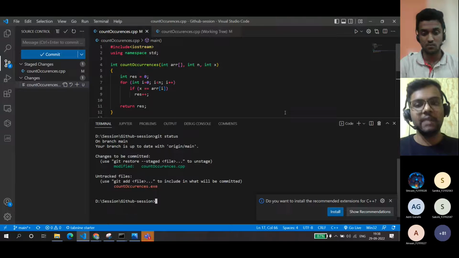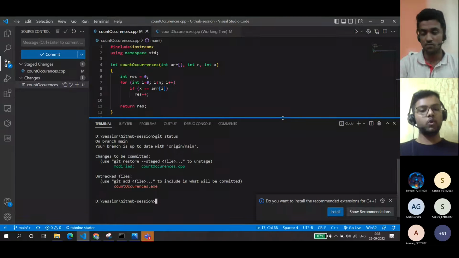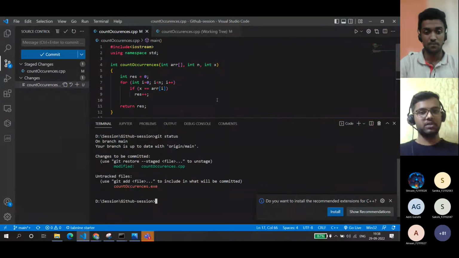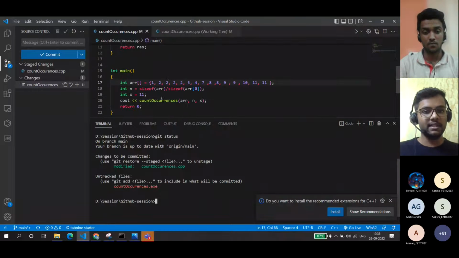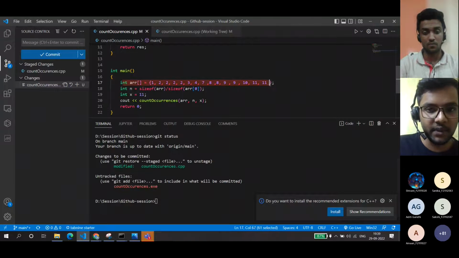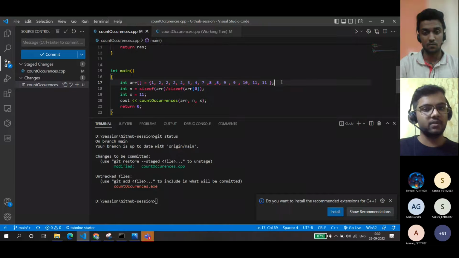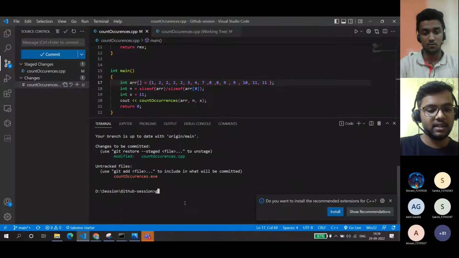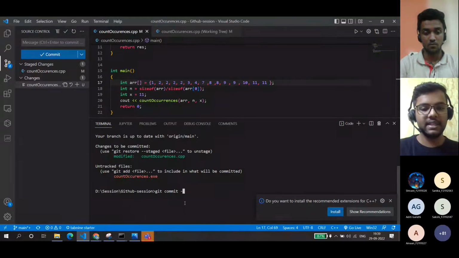While I'm committing this, I also want my friend to know exactly what changes I have made, because he might have to go through this code and see line by line what changes I have made. So it would be better if I leave a message for him, right? So I will use git commit with a message, and the syntax is git commit -m. Over here you can type a message for him about what you have changed.